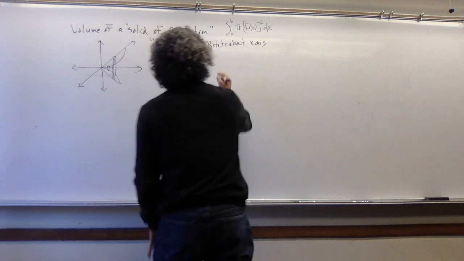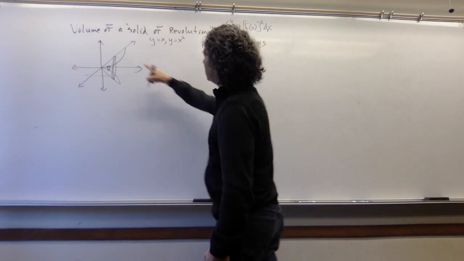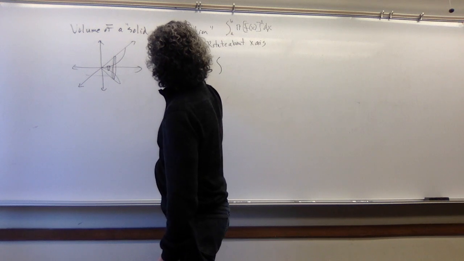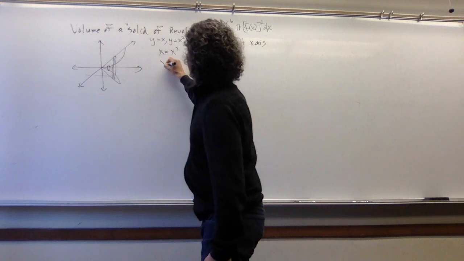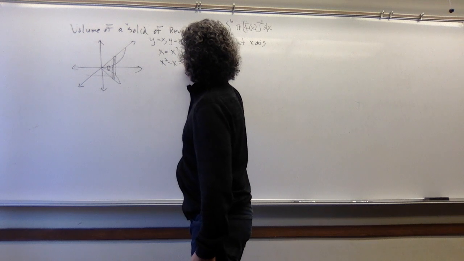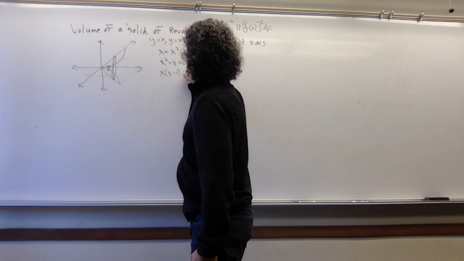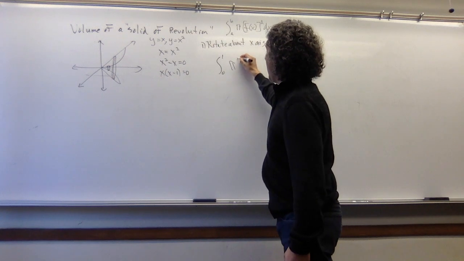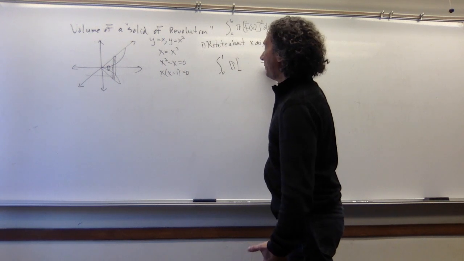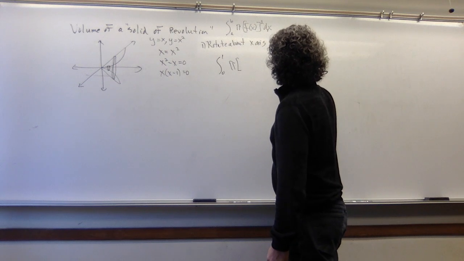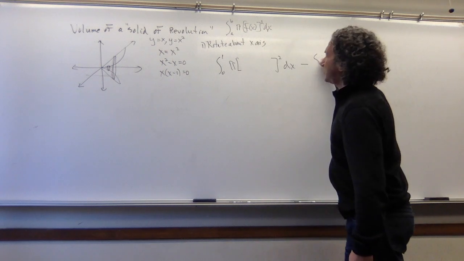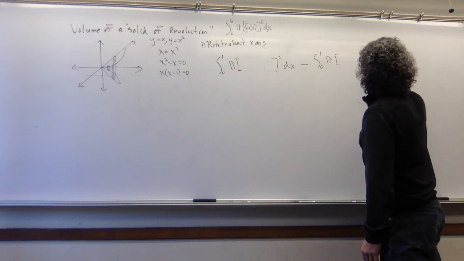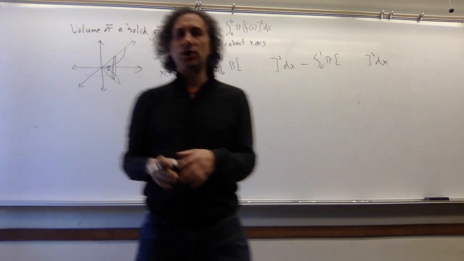Okay, so let's start mapping this out. Well, first off, where is this going to start and where is this going to end? We need to know where x equals x squared. So you might be able to solve that in your head. If not, we could see it's going to happen at 0, 1. So we need pi times the radius that we have to figure out. So let's write that, dx, minus the inside guy. Again, we'll figure this stuff out in a second, but I like to have the overall structure of the integral first.